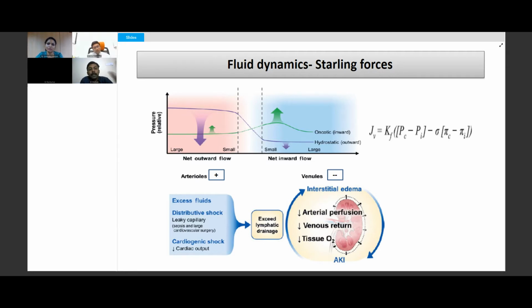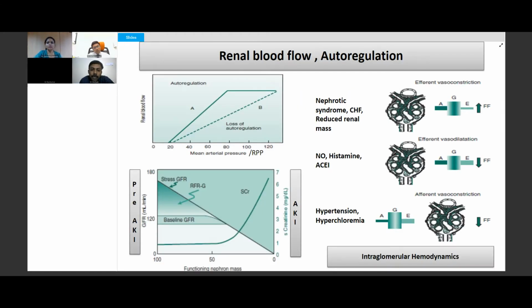Again, the renal blood flow is governed by autoregulation, the filtration forces, and the local neurohormonal factors, which govern the filtration in the kidney. So normally, the autoregulation maintains the renal blood flow fairly across a range of BP. The renal perfusion is maintained. But in conditions where autoregulation is lost, like late sepsis, there is a linear relationship. As the blood pressure reduces, the renal blood flow also reduces.